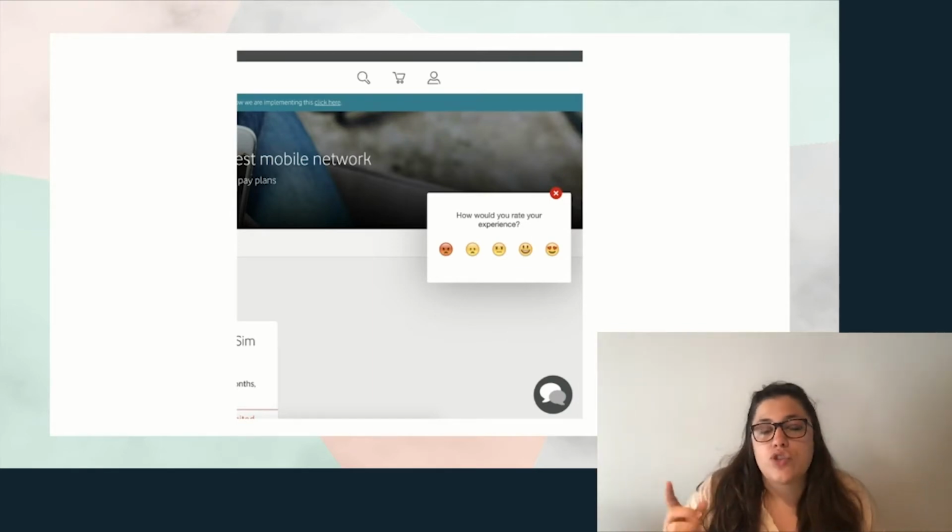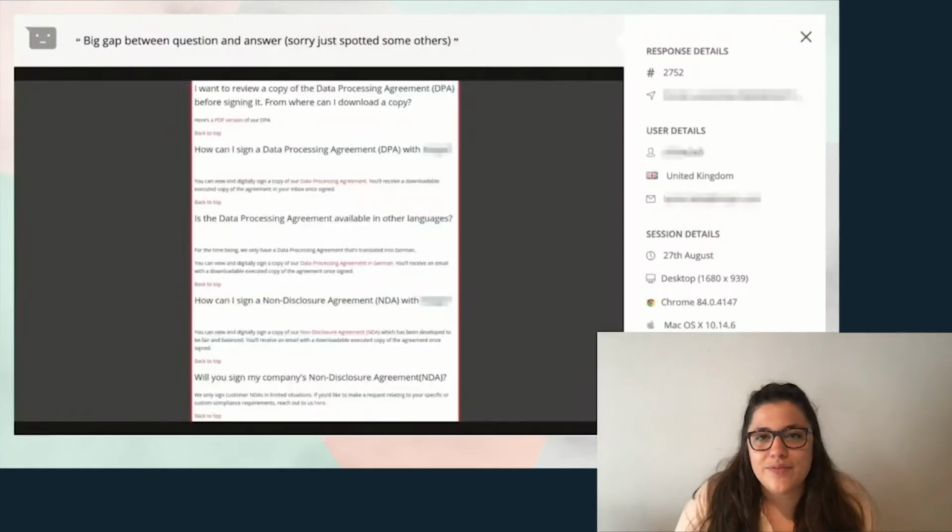And then it goes on to a comment, so they can leave a comment about why they're rating your site that way. This is actually really great for documentation because you can pick up on really small issues, like typos within your content, that you wouldn't have seen normally, even with the review process.